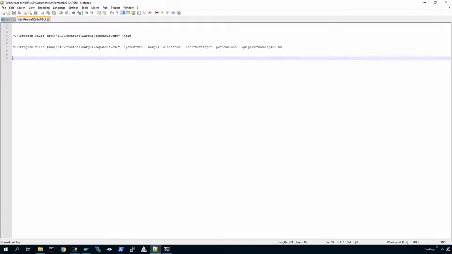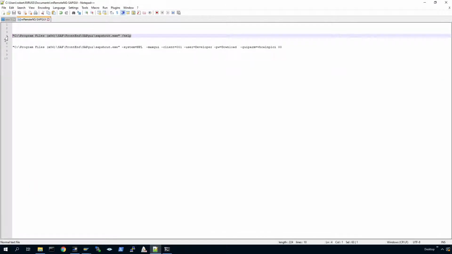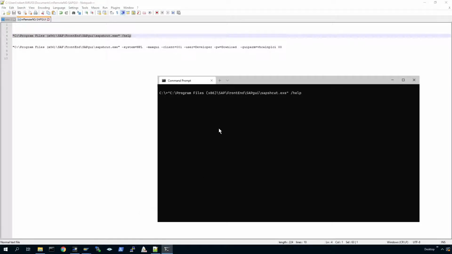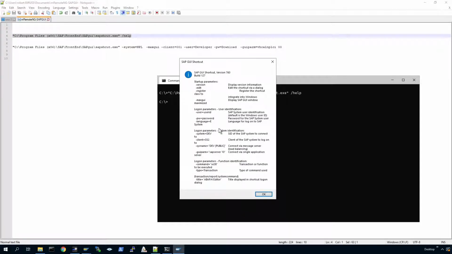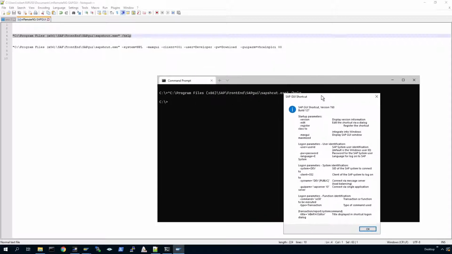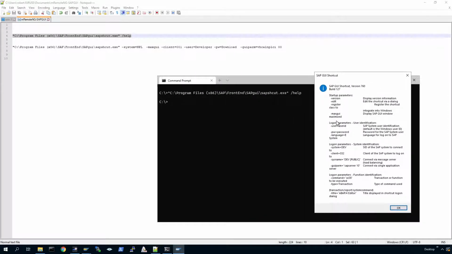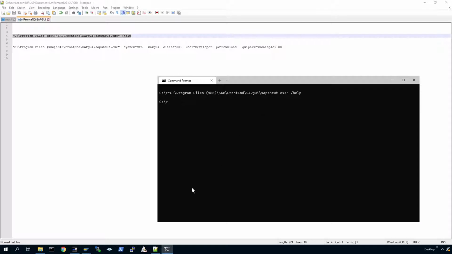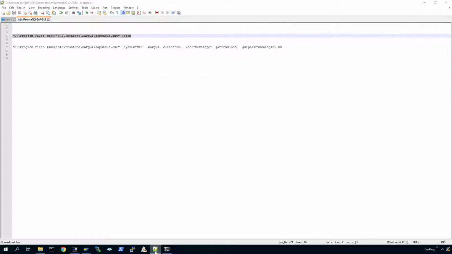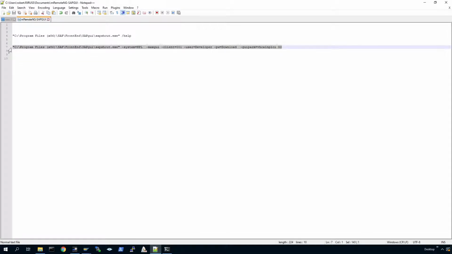The component of SAP Gui installed is version 760, and if you use the SAP shortcut feature of SAP Gui, if I just run the help for SAP shortcut here, there's various parameters that you can pass to this command which will enable the log on to the SAP system. So that's a command I'm going to integrate into mRemoteNG. So if you just run that directly from the command line,